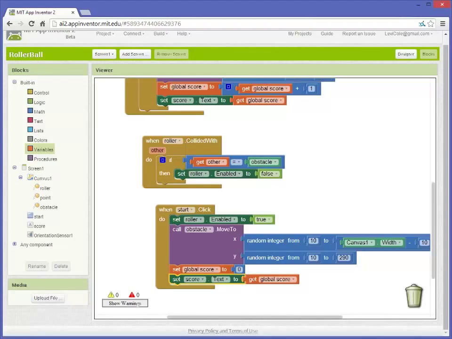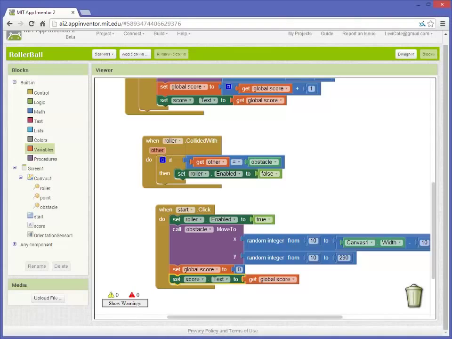However, it is very simple and very easy to win, so we're going to add a level of difficulty. After scoring the first point, we want the obstacle to start moving, and we want it to get faster each time you score an additional point. On top of that, we're going to make it so that when the obstacle collides with a point, you lose a point, and you can lose the game if the obstacle reduces your score to 0. We'll do this one step at a time, starting with increasing the speed of the obstacle each time a point